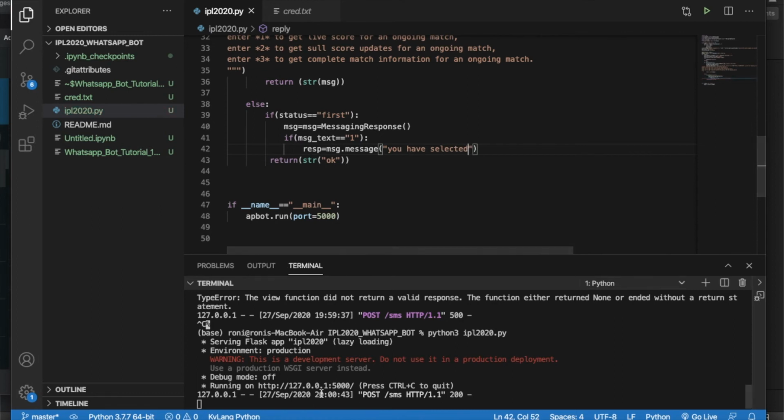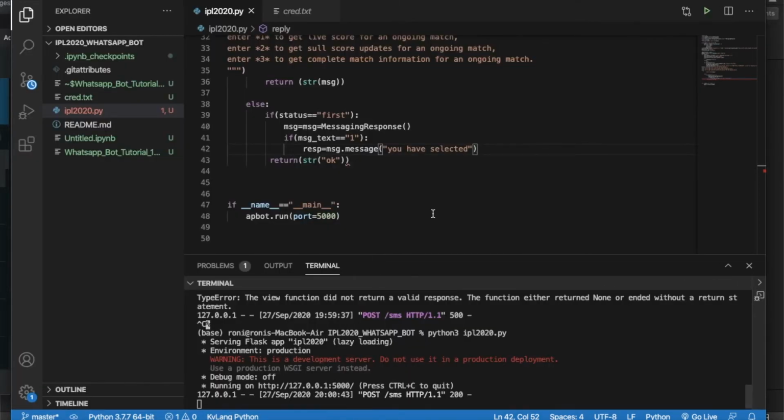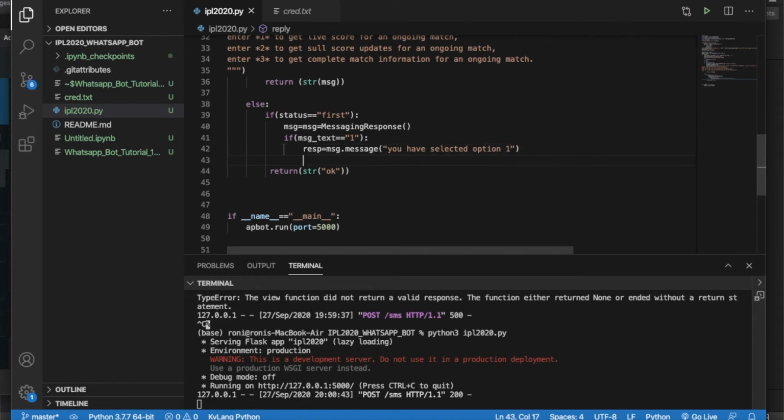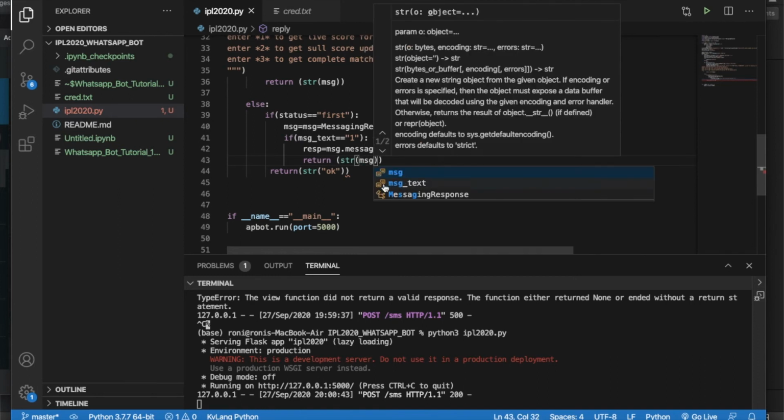1 means ideally it should tell you the score option, but I am not going to do that now because I'm just going to structure the menu first, then I will write the code. We have selected option 1. And after that you can just return str msg, right?